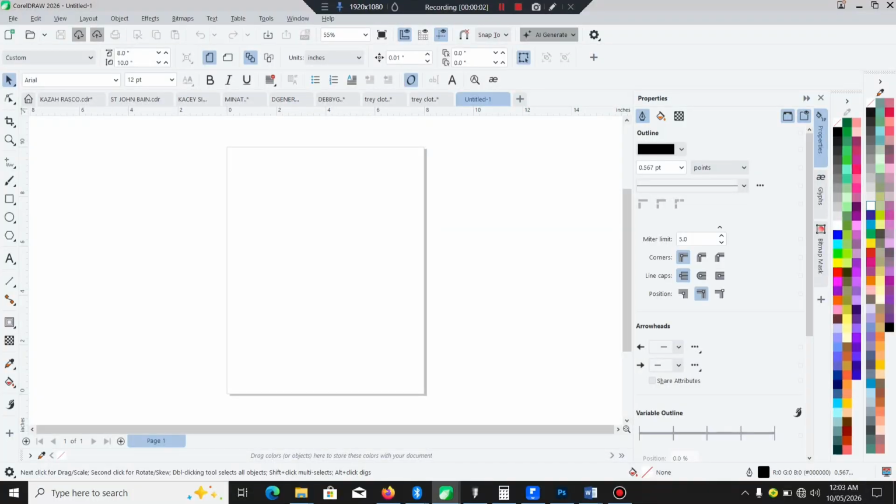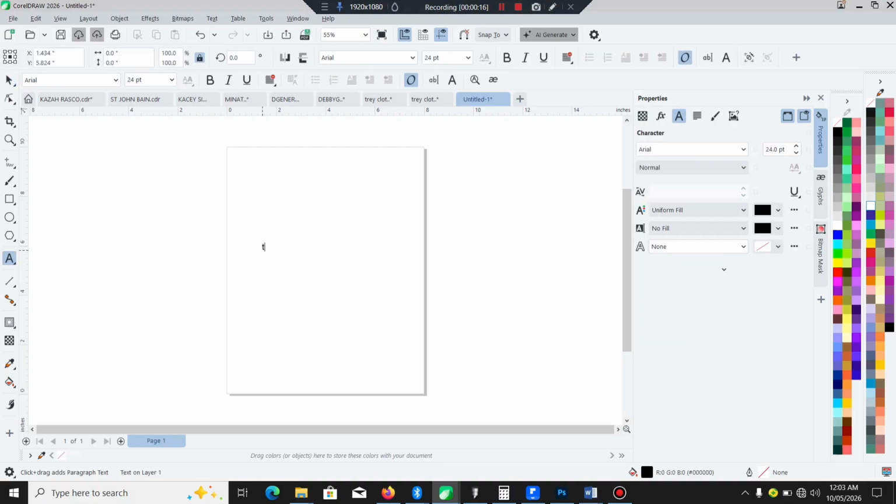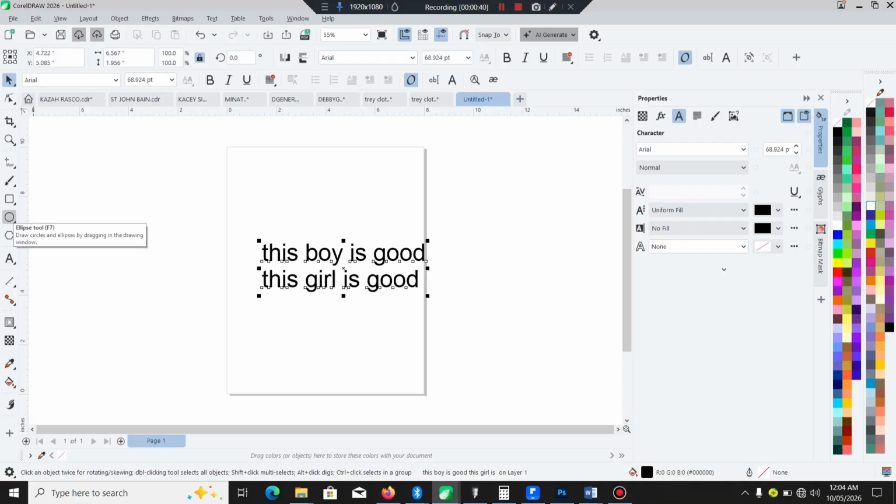Alright, just for instance, you have a text and you want to place the text on a shape, like on a circle. I will show you how to do that. For example, this is the text that we have. Okay. Now, you want to place your text around a shape, especially a circle shape,